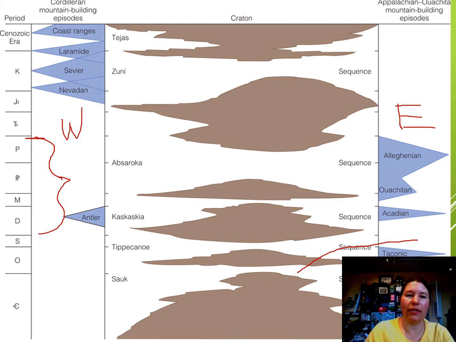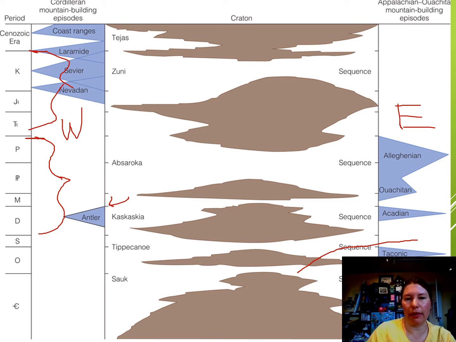We'll get into these others later, lots going on with the Mesozoic. That's where the Rockies are being formed. But we're starting to form the baby Rocky Mountains, at least here at the late Paleozoic. Some of the sequences that we're going to see covering the land will be the Kaskaskia sequence and the Absaroka. So these are going to be conditions where sea level is going to be sufficiently high to cover the continents and deposit a whole bunch more sediment.